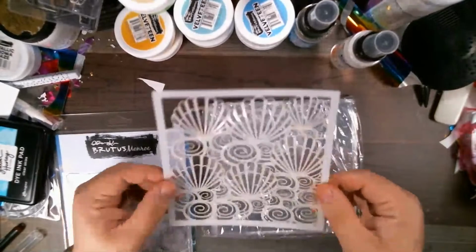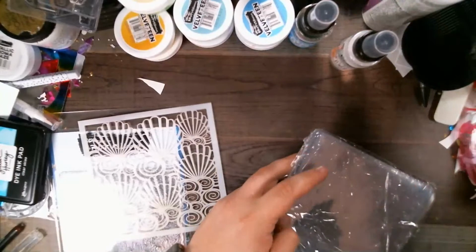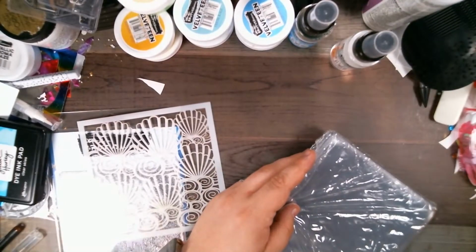So it'll fit your stencils. This is the stencil of the month from last month, which is now available separately. So let's grab our